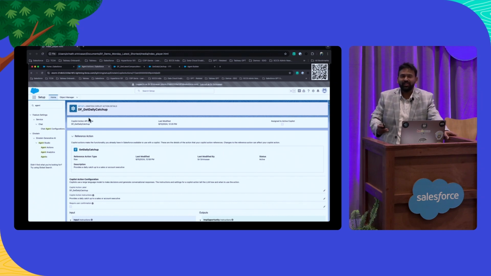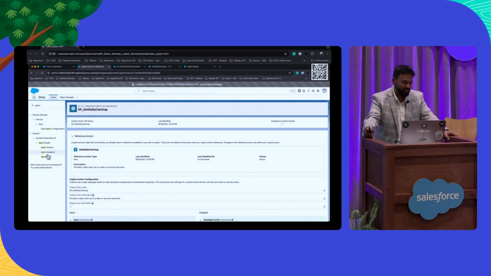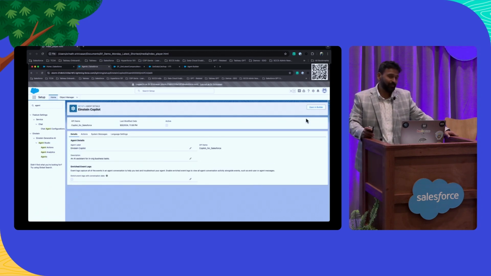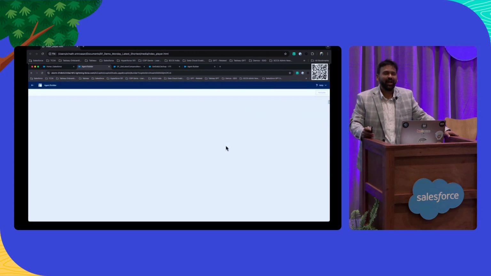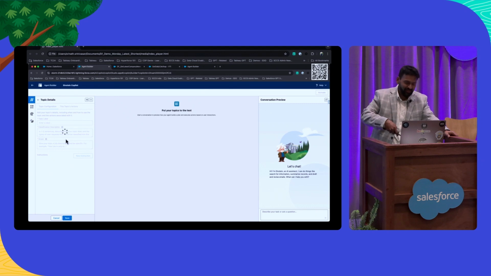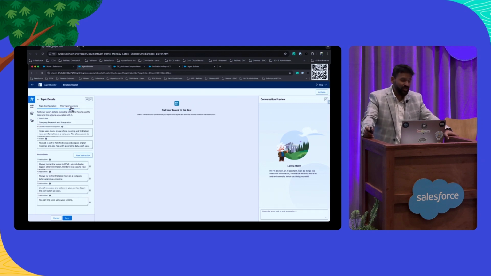Now that we have the agent action done, the last step of the puzzle is to put this agent action into the agents. Let's go into the agents and open up the agent in the builder. I don't want to create another topic. I'm just going to use the existing company research topic that I created and add these additional actions to that topic.